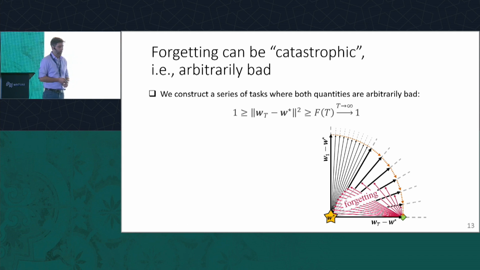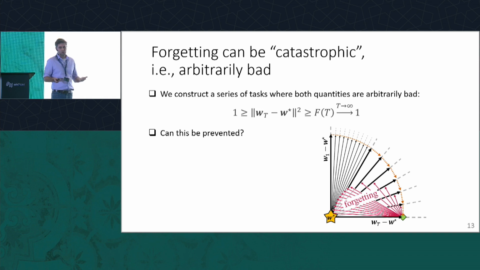as t goes to infinity. So the intuition behind this example is that we do very small projections in the beginning, so we maintain a constant distance from the W star. We don't really contract so much. And then we do larger contractions in the end, and we get a high forgetting. If we sum all those differences, in the end we get pretty large forgetting. So we can be arbitrarily bad if we get such types of tasks.